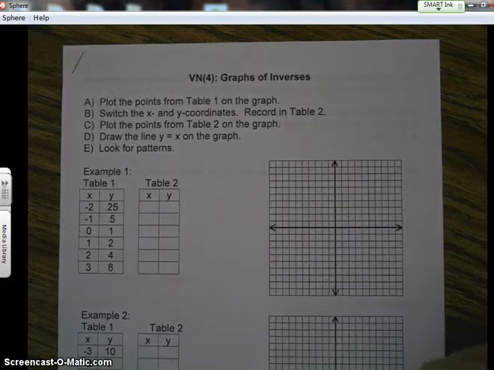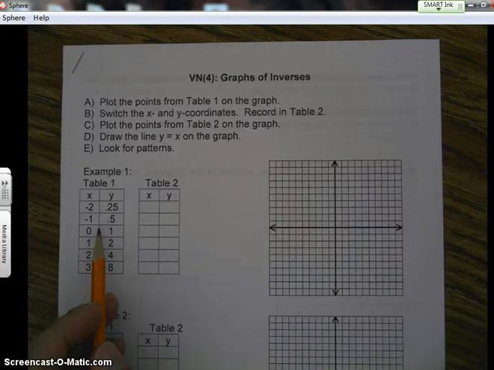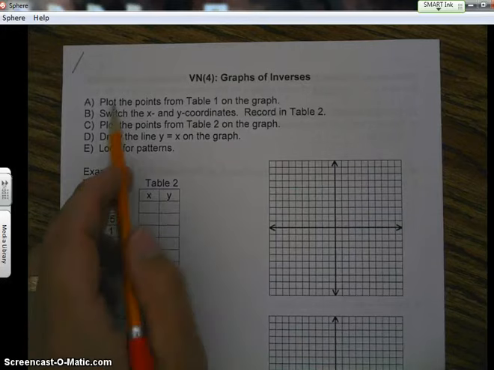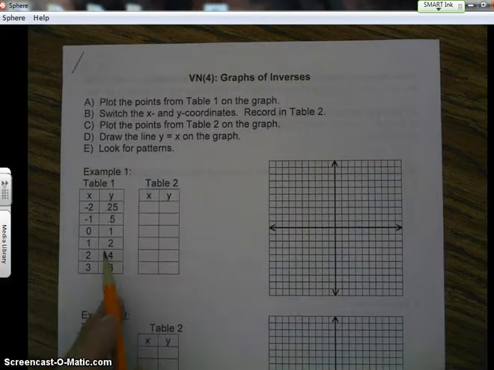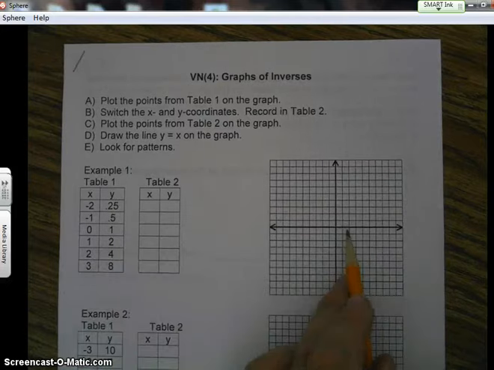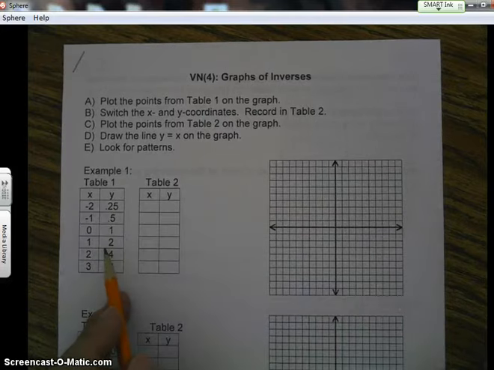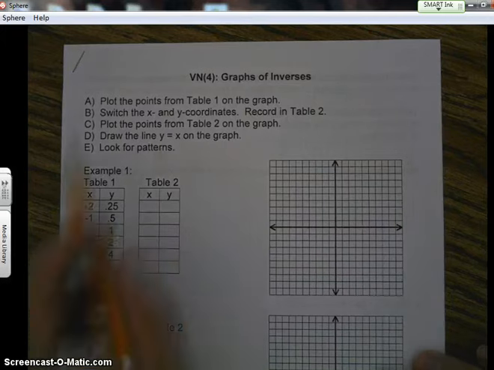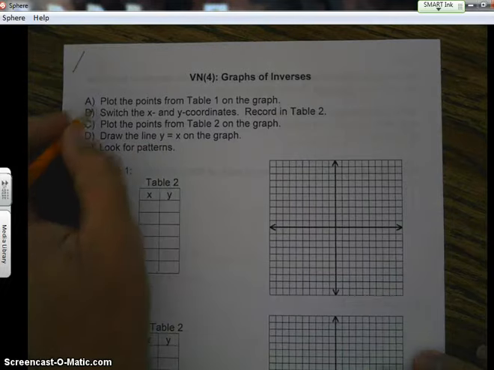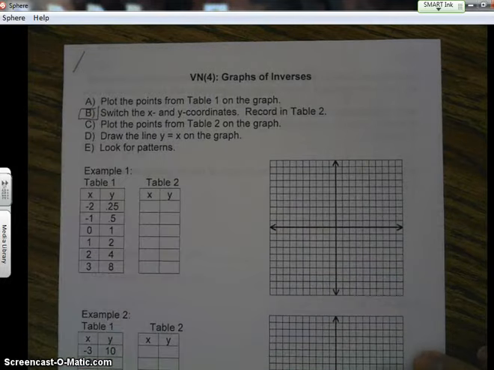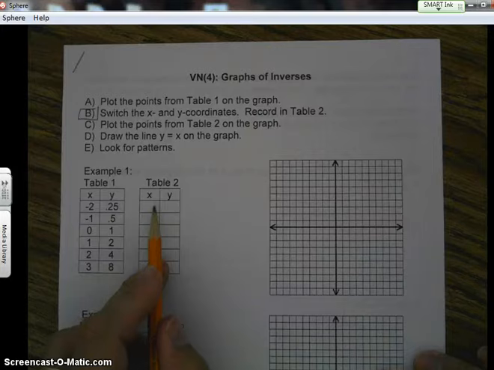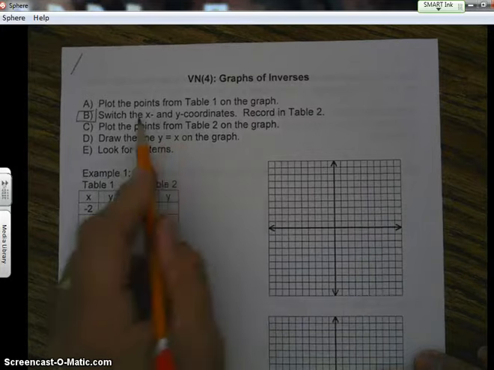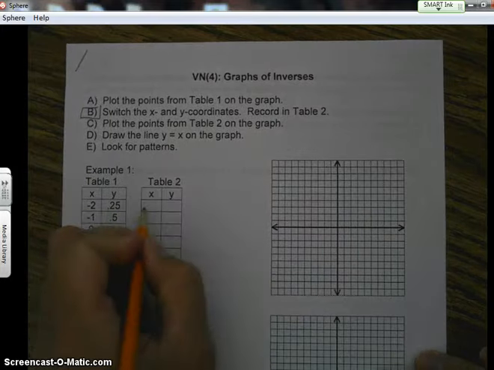Hey guys, so we're going to take a look at graphs of inverses, and we have a table of points, so that we're going to start off by plotting the points from table 1 on the graph over here. So I think we already know how to do that. Now to find the inverse points, we're going to switch the x and y coordinates. This is very important that you memorize this, that in order to find the inverse, you switch the x and the y. So our inverse points are going to be